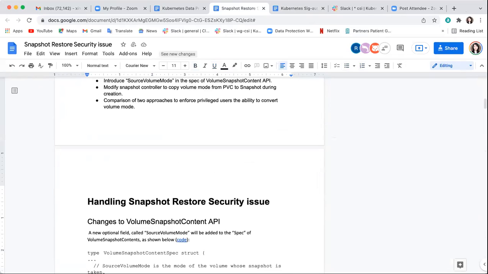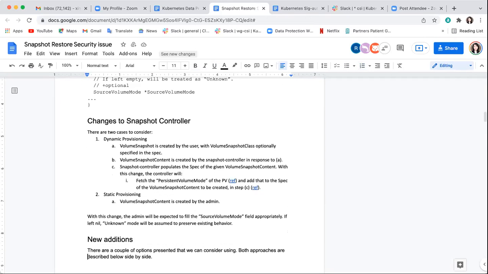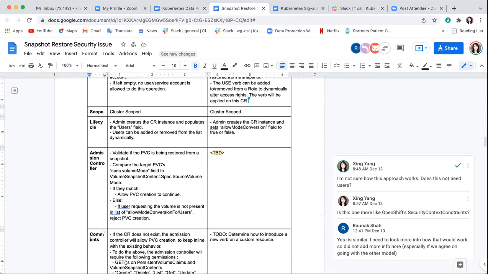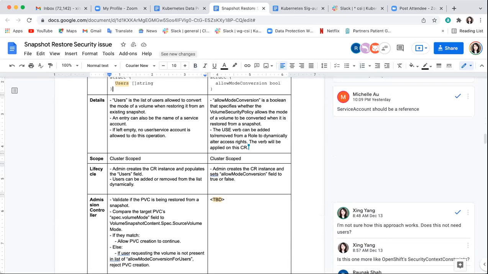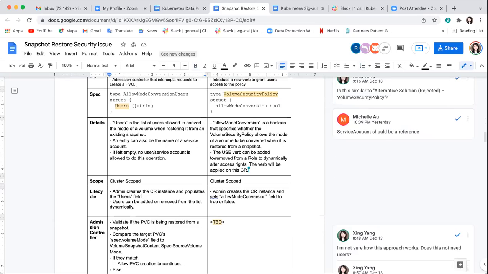At the admission, you can do crazy things. You could check if the user who is restoring the PVC from the snapshot can modify the volume snapshot content, without modifying it, just check. Users cannot, so basically only the admin can do it. Can you please let me finish?